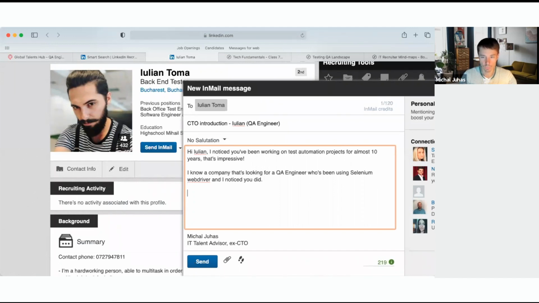I noticed you've been working on test automation projects for almost 10 years. That's impressive. Or we can even ask a question like, for how long have you been using Selenium WebDriver? But we don't really care, right? It's not as important. So how about